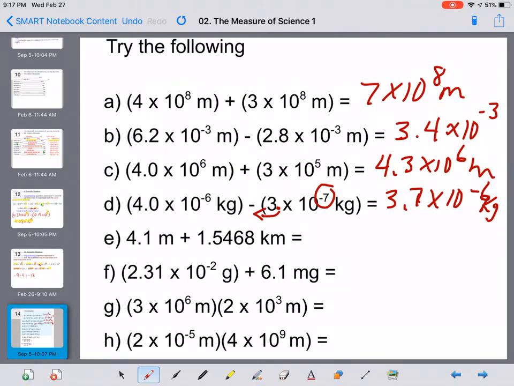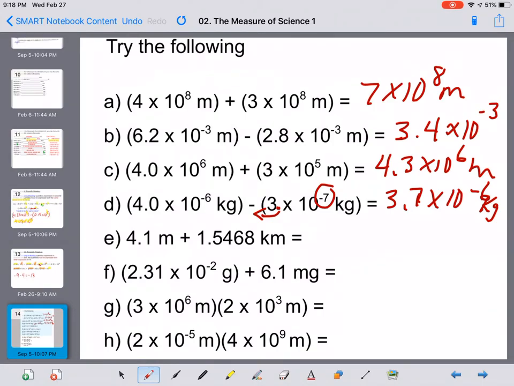In the next case, I'm in different units. And so it really doesn't matter which unit we answer in, whichever one's more convenient. In this case, the 4.1 is going to give me a really small value if I convert to kilometers. So if I started at 1.5468 and moved that into meters, that's going to give me at least a couple of numbers that I can add together. I could run through my division for the metric system chart that I showed you earlier, or we could understand that if we go from kilometers to meters, I need to multiply by 1,000. So I'm going to have 1,546.8,